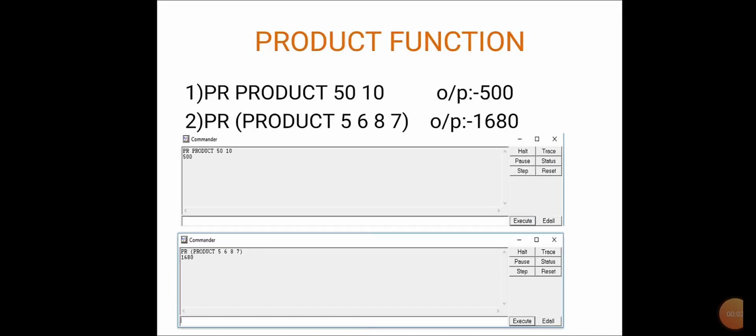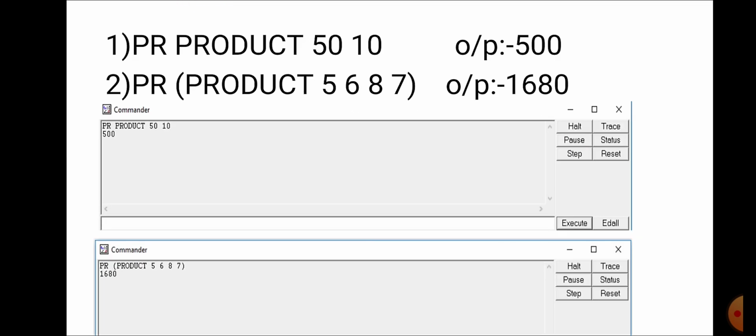If you want to multiply more than two numbers, then enclose the operation product and the inputs in simple brackets. For example, if we write the command as pr space within brackets product space 5 space 6 space 8 space 7, logo will print 1680.